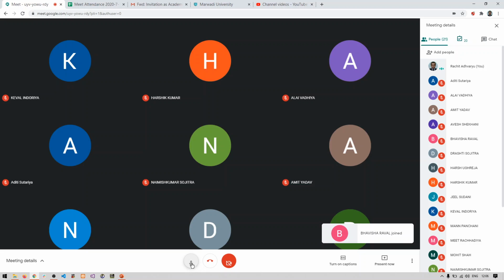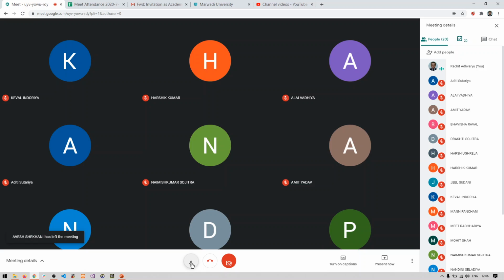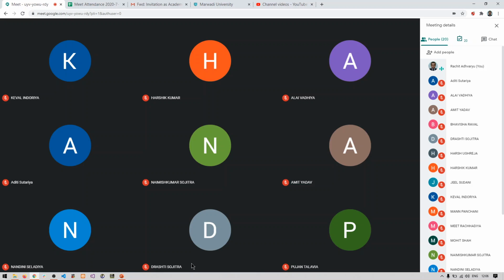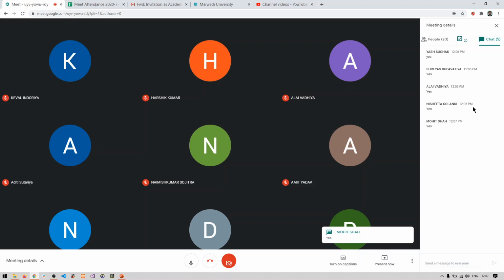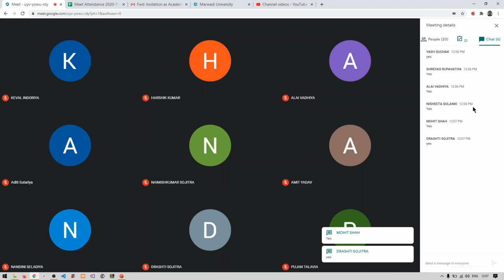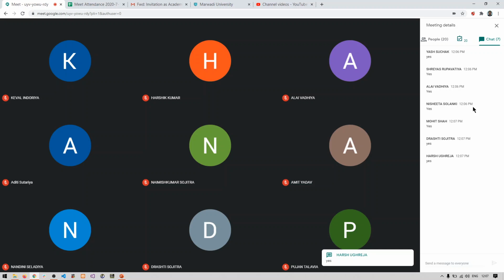So let's start with our lab session. So far, we have completed practical number one and practical number two. Has everyone completed practical two as instructed in the last lab? Yes or no? Give me the status. How many of you have completed? How many of you are doing? How many of you have just started? I want all the types of updates from everyone. Those who have not completed, those who have not started yet, everyone should give me the update.